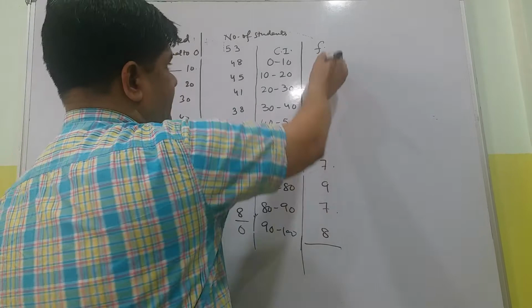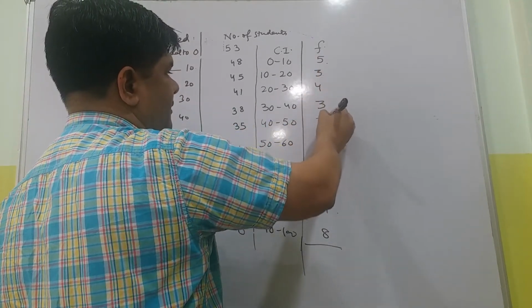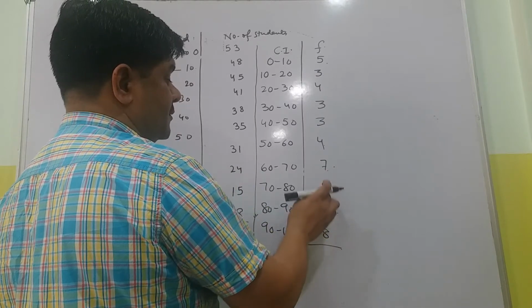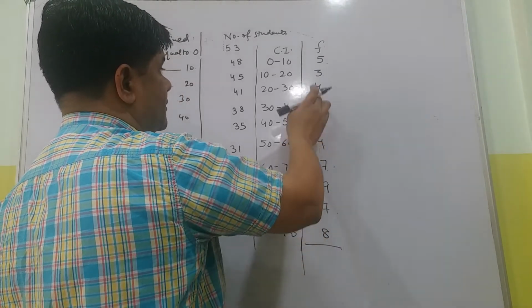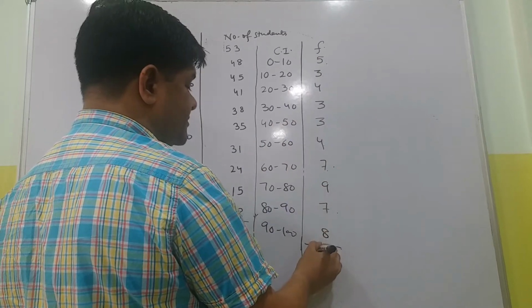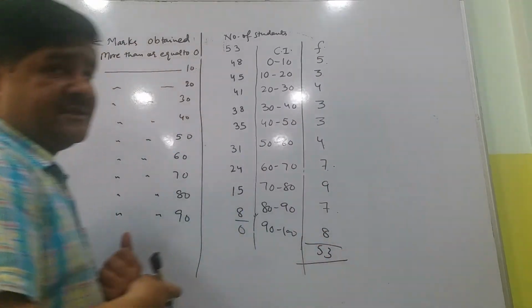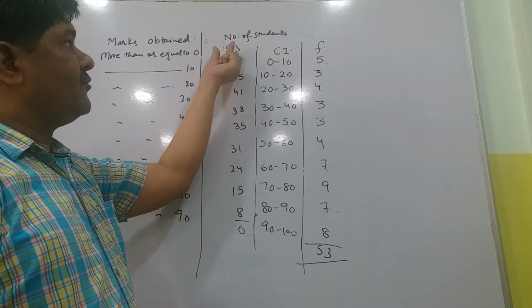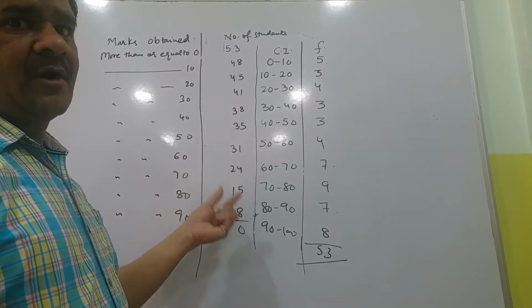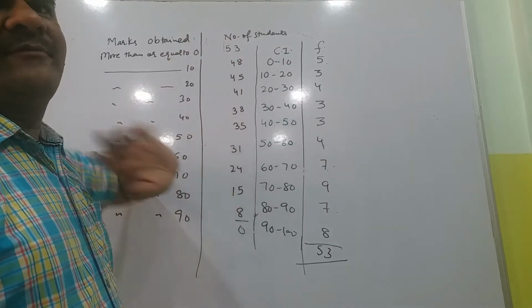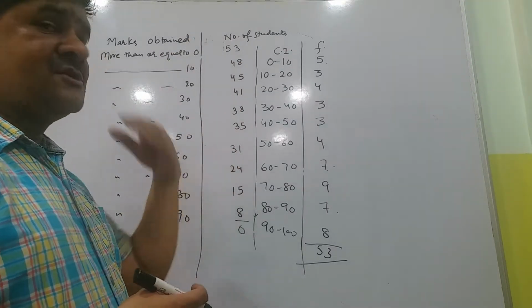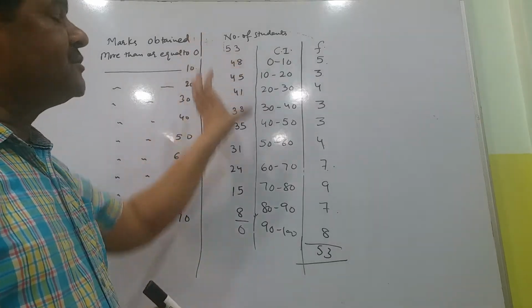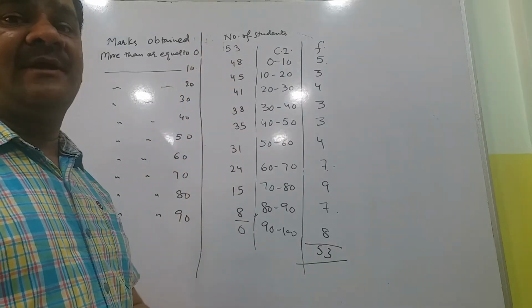Now if you add them, it comes out to be 53. So in these kinds of sums where more than or equal to is given and frequency is always in decreasing order, it means it is cumulative frequency. About this we will study in exercise 14.4 also. So first you should know how to filter out the frequency table from it.